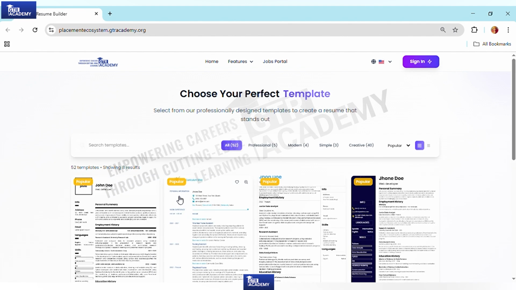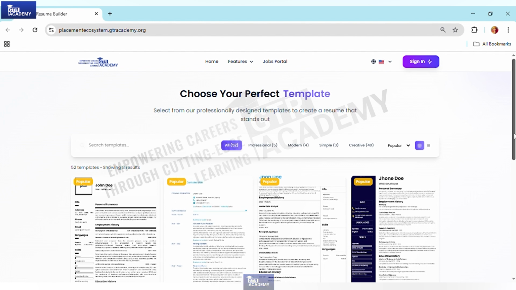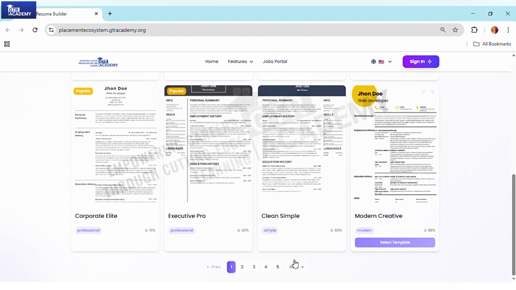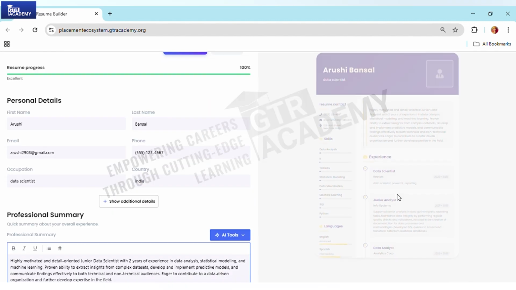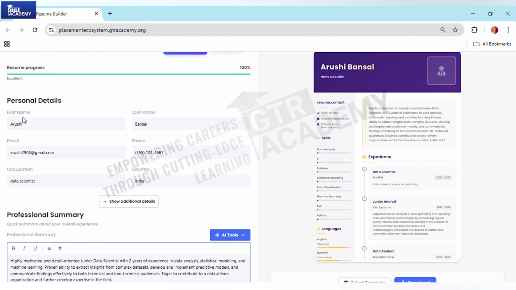I've already shared, there is one more video coming up which will let you know how to do it with the guided one. But this is how it looks like. We can select any template from the 50 templates that we have. I would like to choose any one like this. So once we have selected the template, all we have to do is fill in the basic information that is already here.